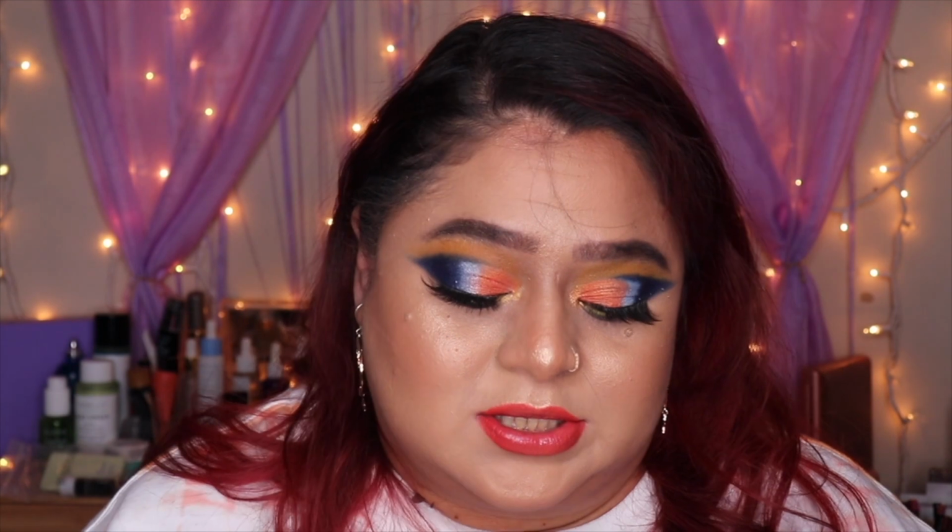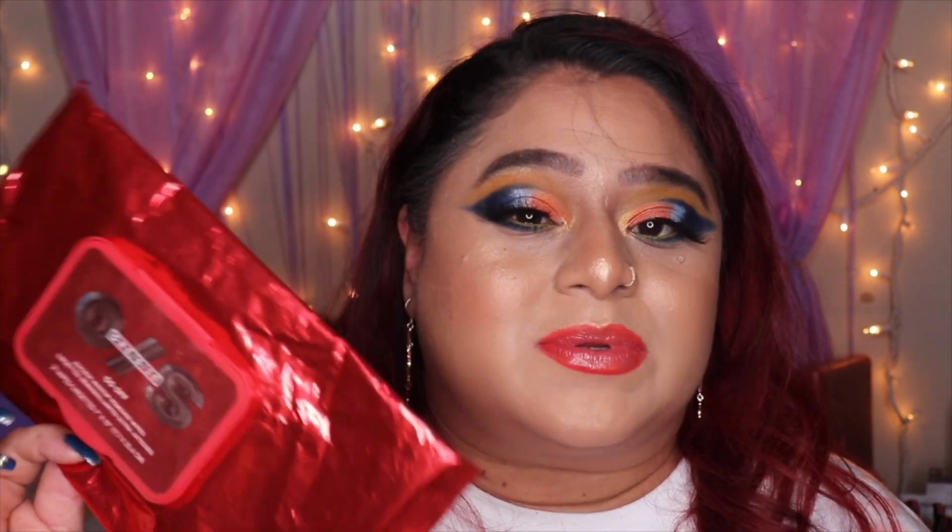Okay, I'm gonna move on to this. This is the Patrick Star One Size brand. I haven't tried many things from his brand. Actually, I've only tried 2 things, which is this and the makeup remover thing. The wipes are okay. It's not something that I would suggest you go grab that you need. They're okay. They are what they are. They work best with the actual thing to take off your makeup,